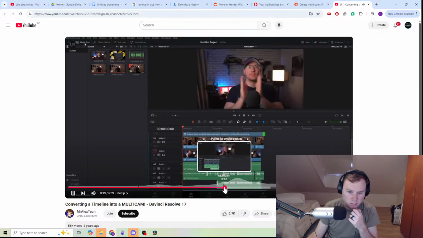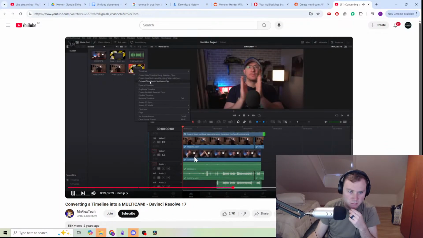So how do you then turn it into a multicam? Go to your media pool. Within the media pool, you should see your timeline. You'll notice the timeline has got this little icon. If you right click, you've got the option to convert the timeline to multicam clip. So I'm going to give